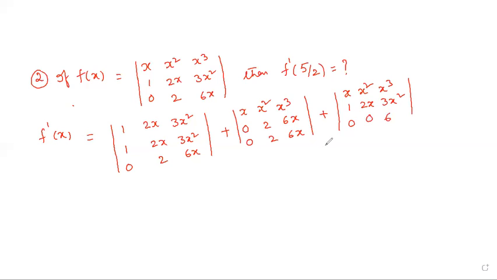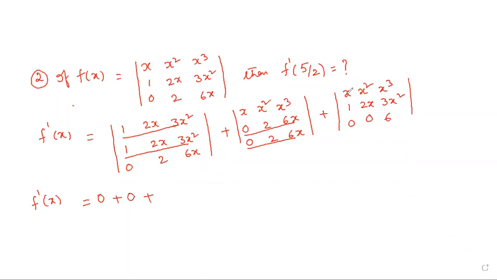Okay? Right. Now what we do is the derivative. First determinant value, write down according to the first column. F dash of x. Here, see, first row and second row both are equal, its determinant value is 0. Here, second row and third row both are equal. Two rows are identical, its determinant value is 0.